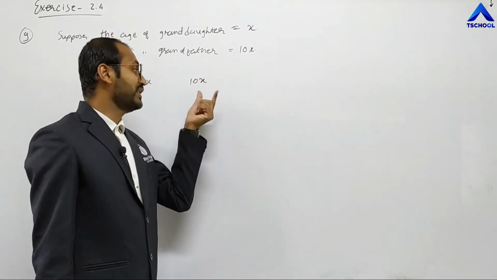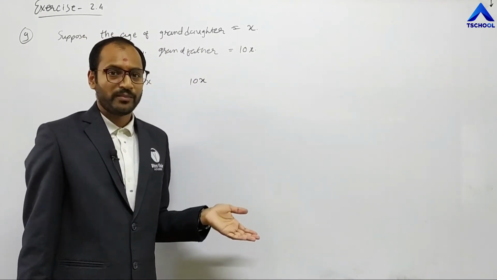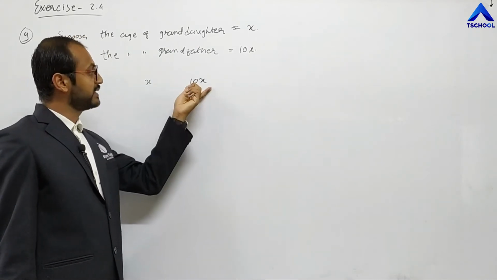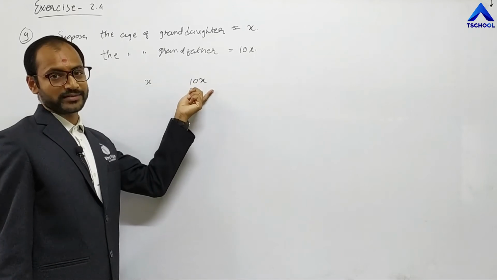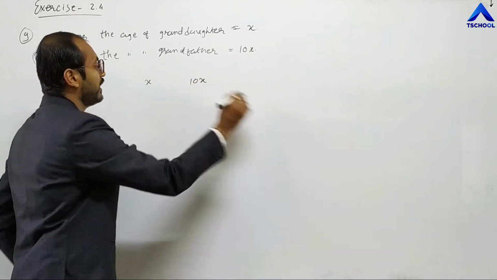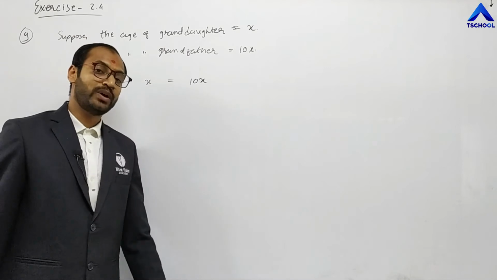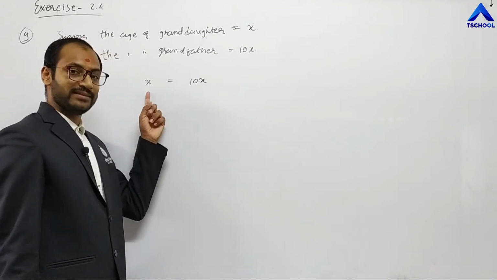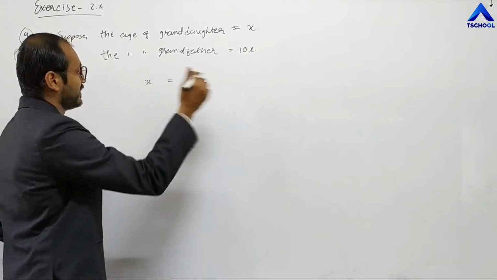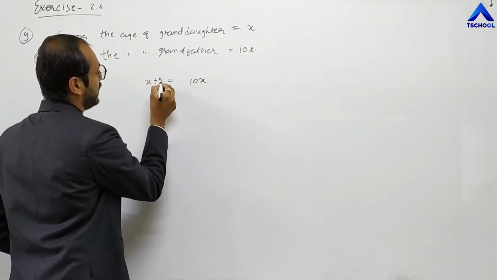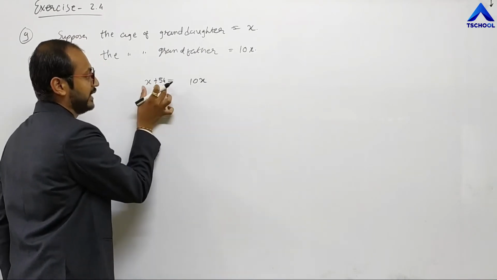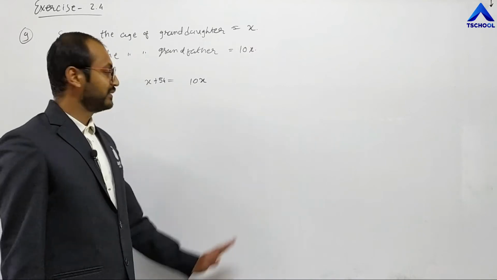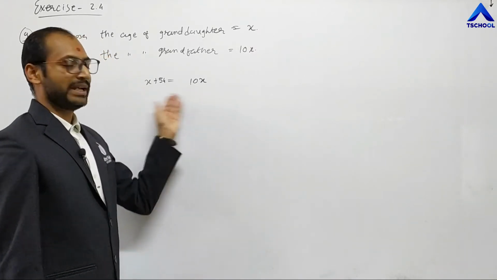So which age is greater? But obviously this age is greater one. And this age is greater by 54 years. So how can we make it equal? By adding 54 years in this. Clear? So let I add 54 in this. Now this age and this age became equal. Clear? So we get an equation.